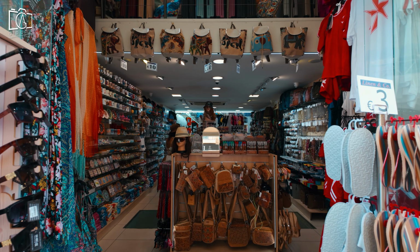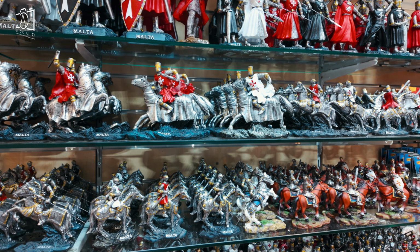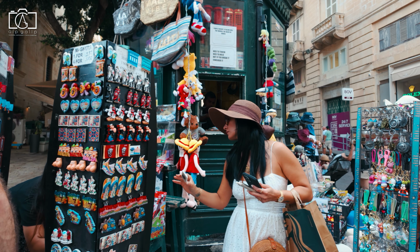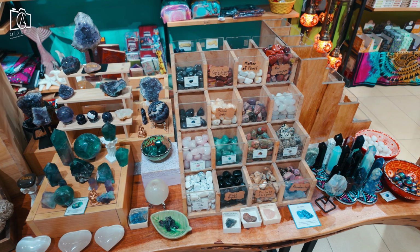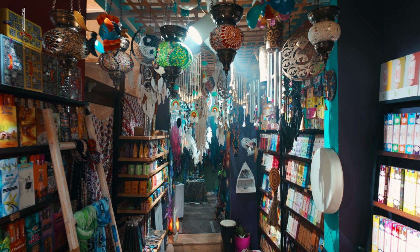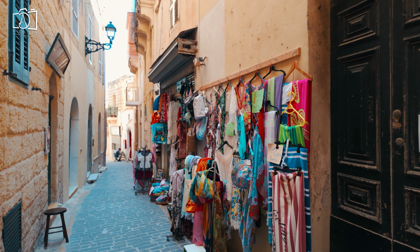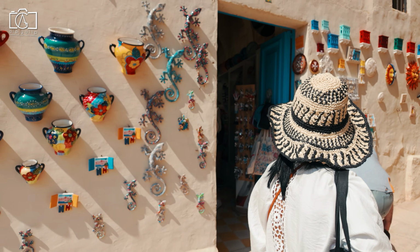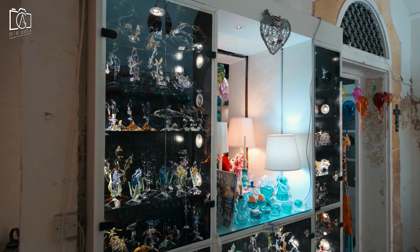Shopping for souvenirs in Malta was a fantastic experience, with plenty of unique local products to take home. Dina glass was one of the most famous handicrafts, featuring beautifully blown glass pieces in vibrant colors. I also picked up Maltese lace, a delicate and traditional craft, as well as handmade silver filigree jewelry, which made for a perfect gift. Local honey, sea salt from Gozo, and Maltese nougat were delicious treats to bring back for